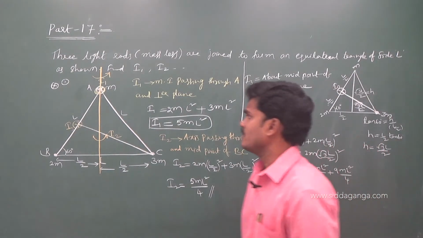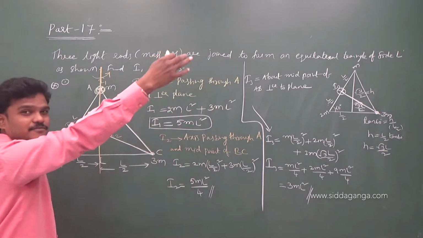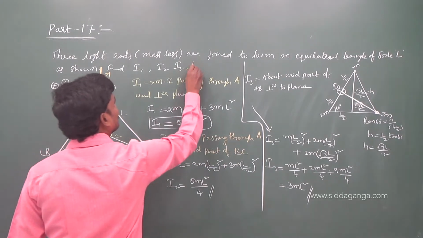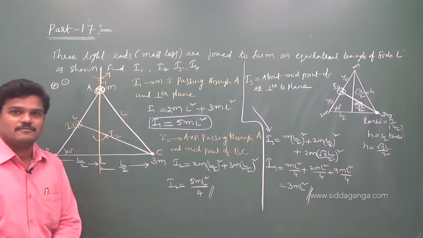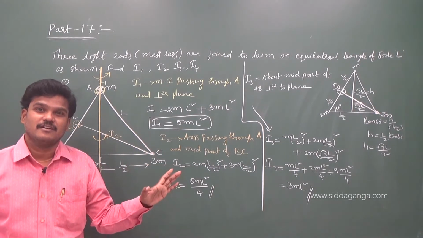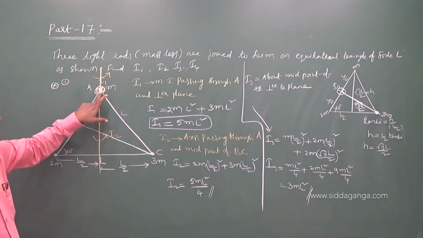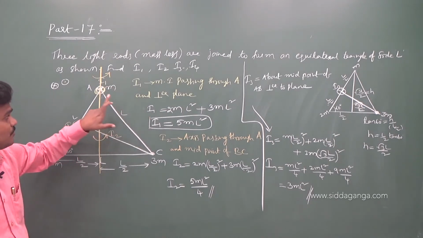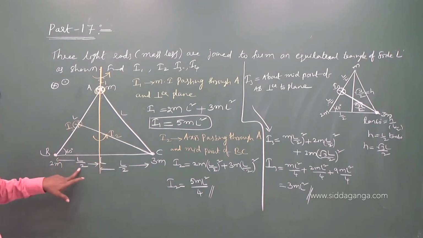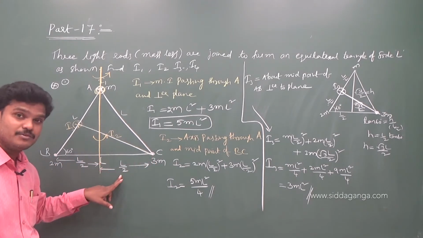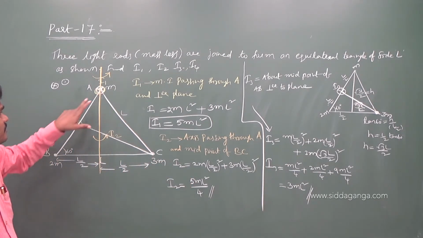Yeah, you can find at the centroid also if possible. So I am finding I3 also. We can find I4, I6, so many. Let us find one more, I4, that I will show you. Try to understand how I am calculating the moment of inertia. This is a very basic question. First I1, clear. I2 passes through the midpoint of BC; for this axis, this particle is at a distance of L by 2, and this particle is at a distance of L by 2. That is what I wrote. I3 is through the midpoint of AB. You try to find it for the midpoint of AC.